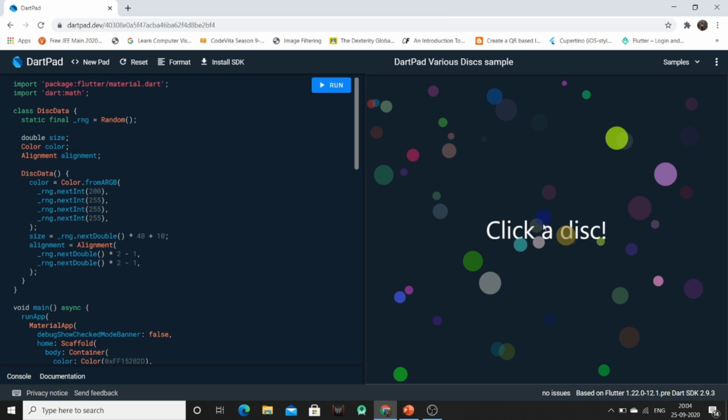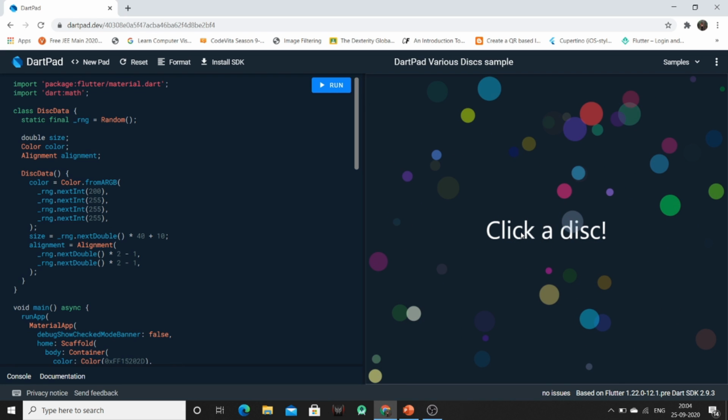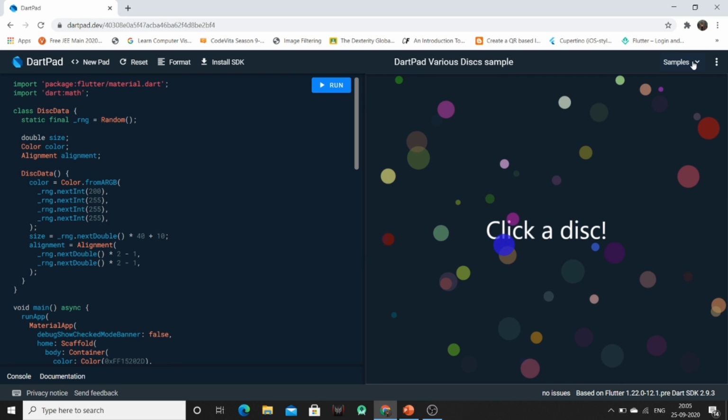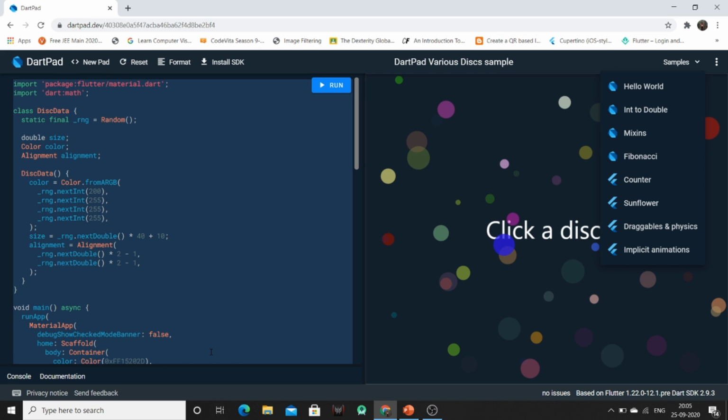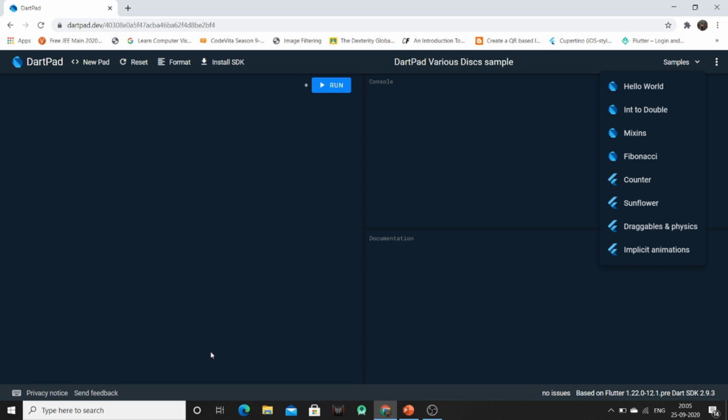On clicking this, the circles will be animated. So this is the animation program. Other than that, you can also run the different predefined examples that are available over here. So if you want your program to execute, you can also do that.